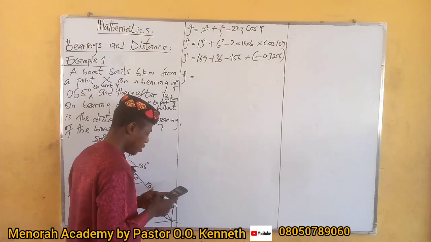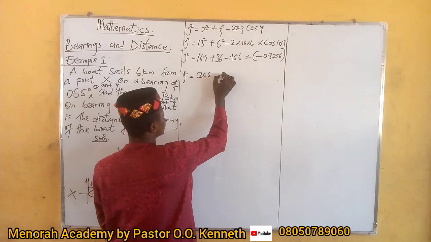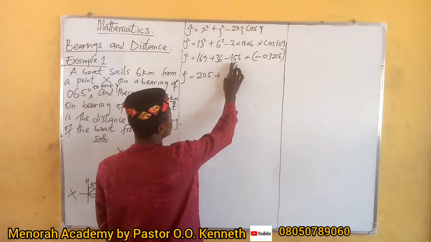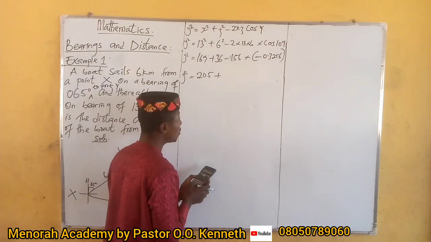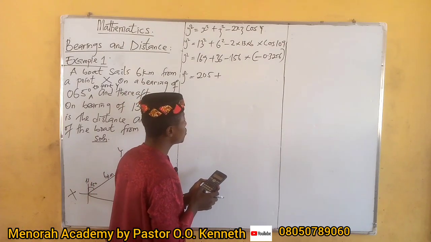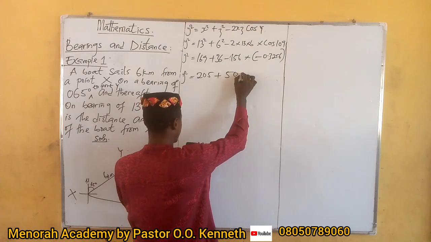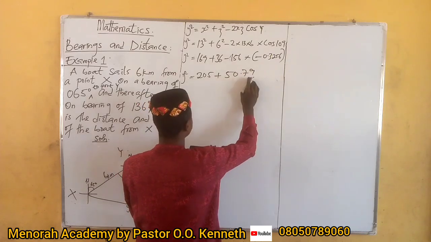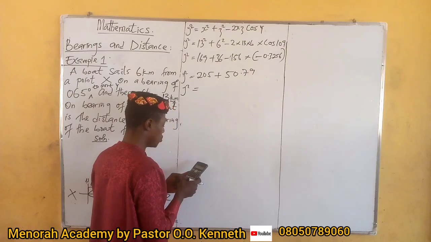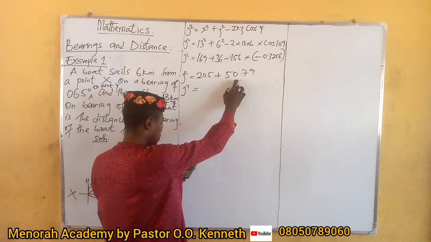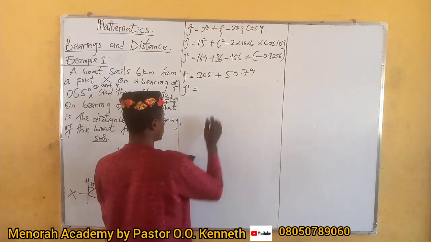169 plus 36, which is going to give me 205. The minus is changed to plus. Then 156 times 0.3256 is going to give me 50.79. So y squared will be equal to 205 plus 50.79 is going to give me